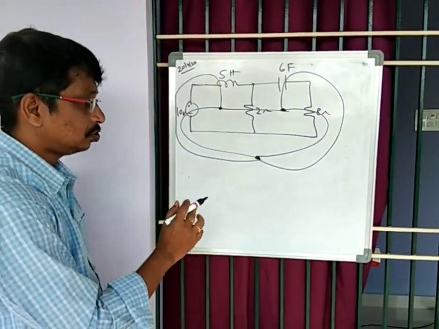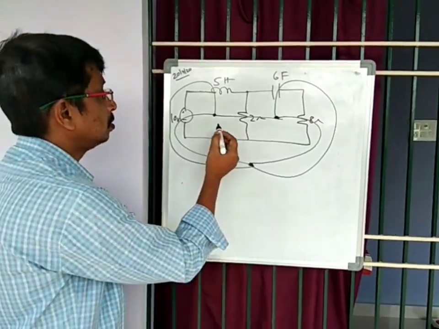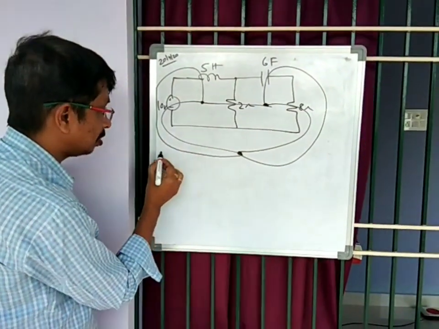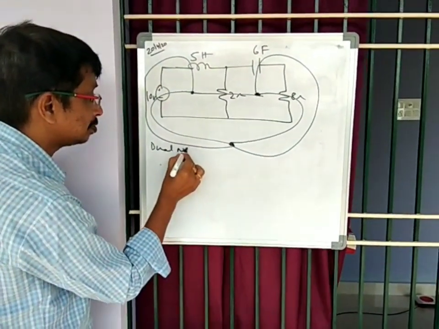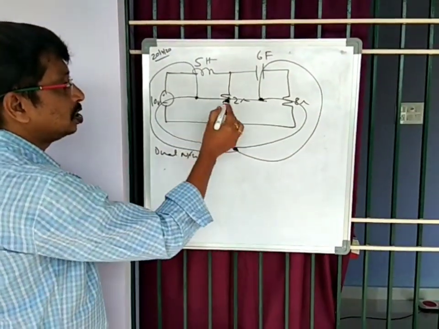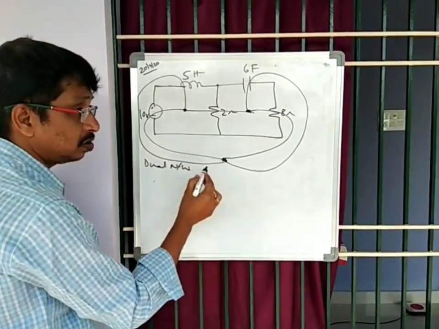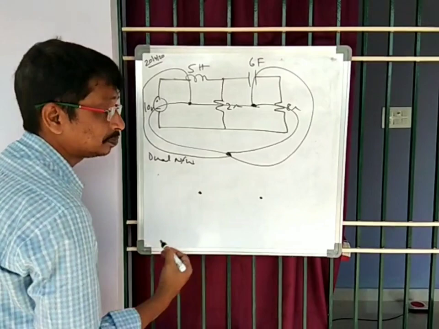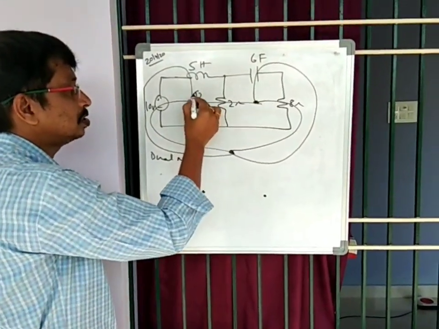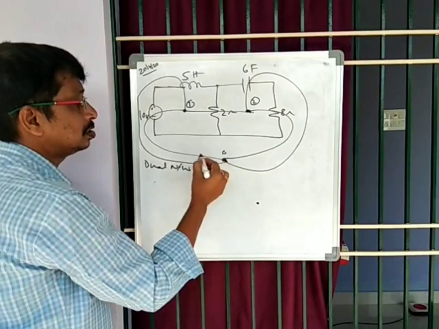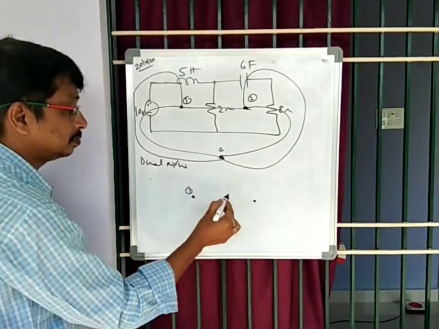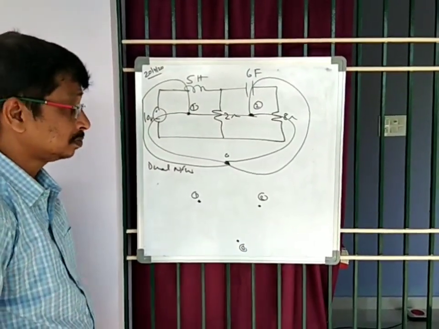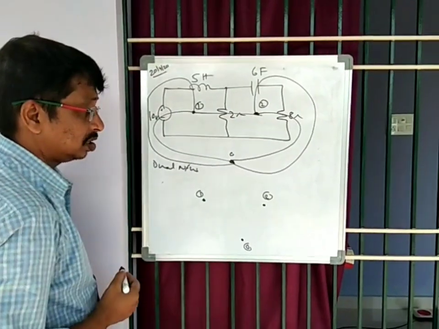Now third step is to draw the dual of the network. There, these two nodes are in the dual network. These two nodes represent the main nodes and this node represents the reference node, I said. So these main nodes, if you want you can name them also. This is 1, this is 2 and this is 0. Same, node 1, node 2 and 0. All these nodes are marked in the dual network.